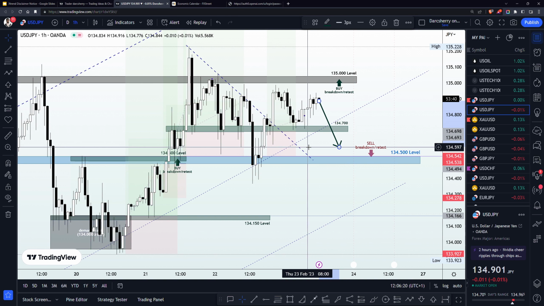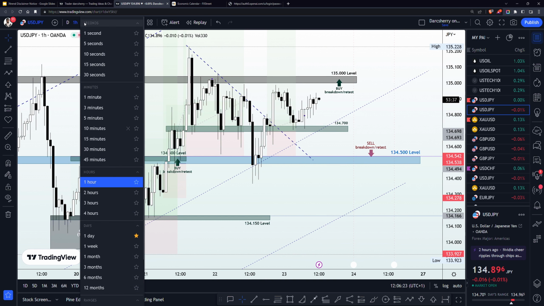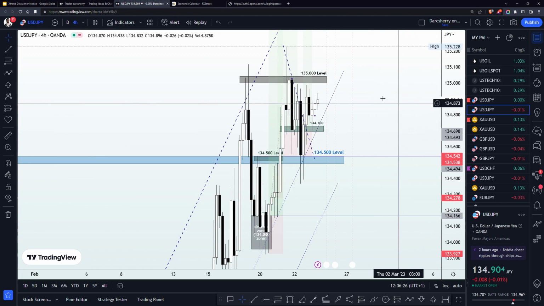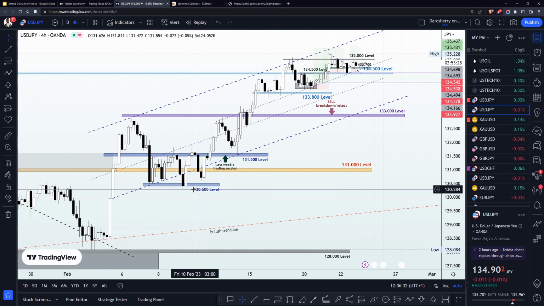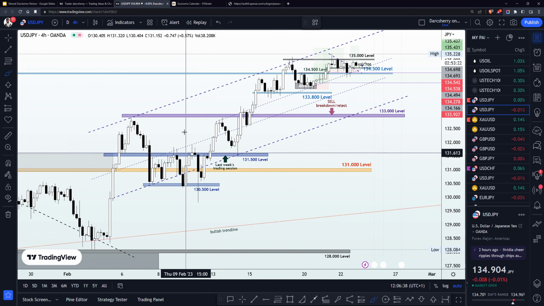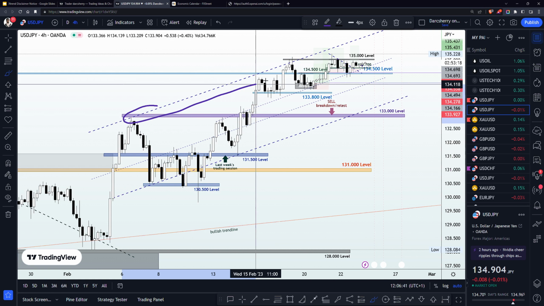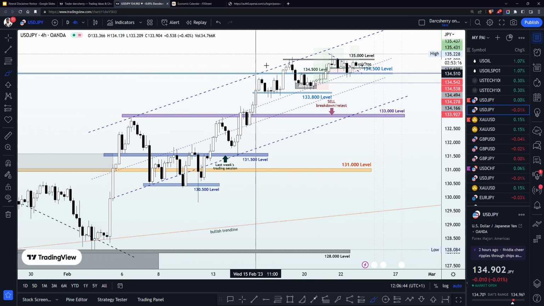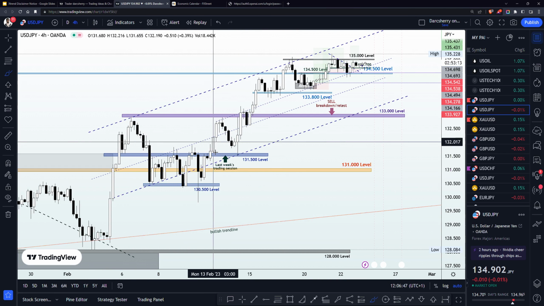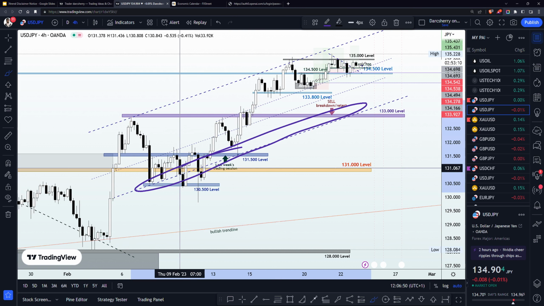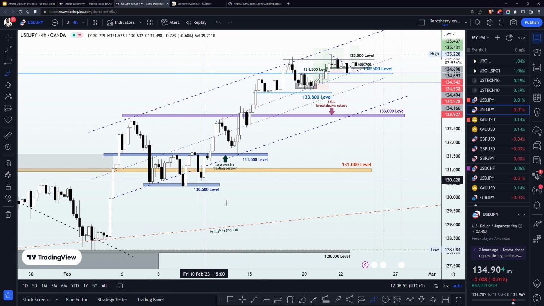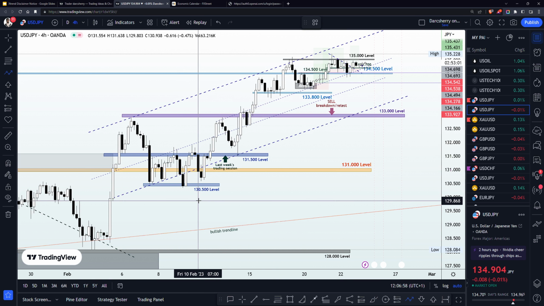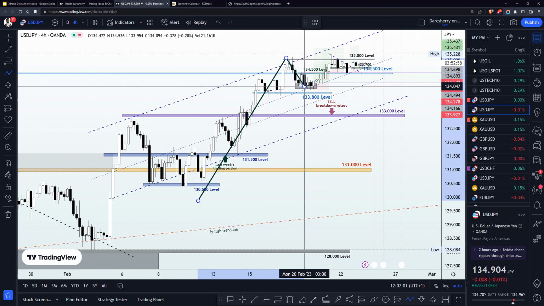And why are we taking this into consideration? Well, we had a better perspective, we had a better view on the 4 hours time frame, and I showed you something here on the 4 hours time frame where we saw what has been happening on this chart since the beginning of this month. And if you look at the structure closely, you can see that price action appeared to have transitioned into an ascending channel, where we have the resistance point of the ascending channel here and the support level of the ascending channel here. And if we take into consideration this impulsive move that started at the second week of this month, you will agree with me that a retracement phase appears to be overdue in this market.